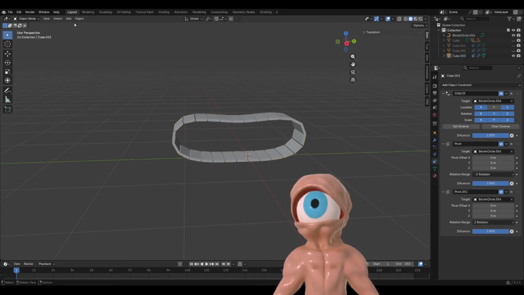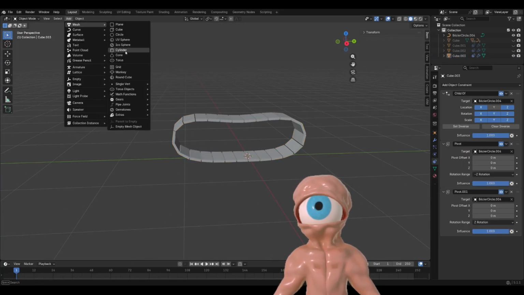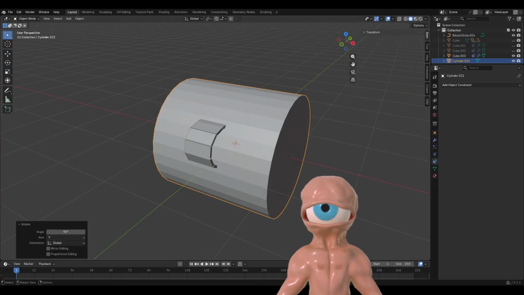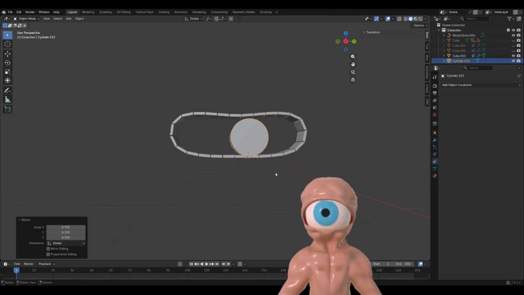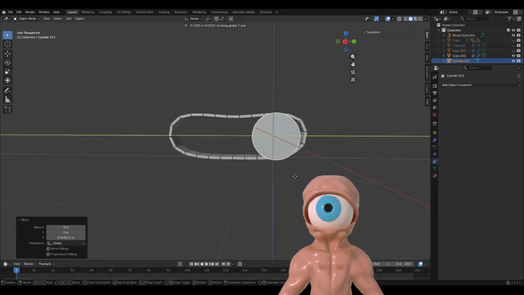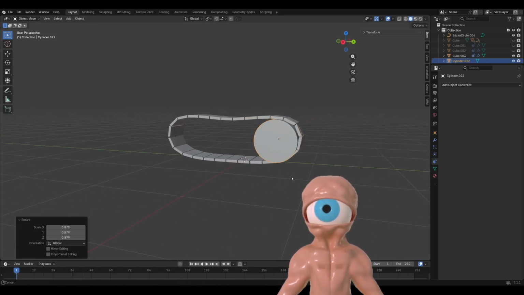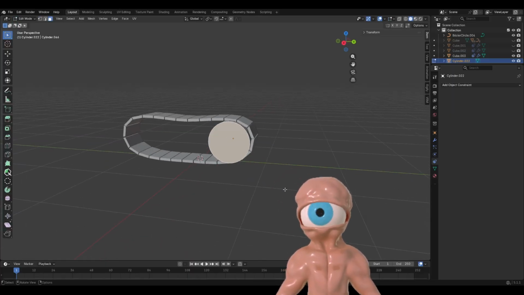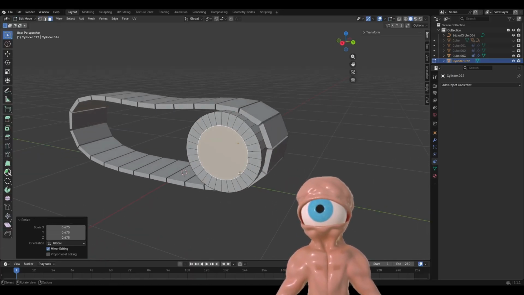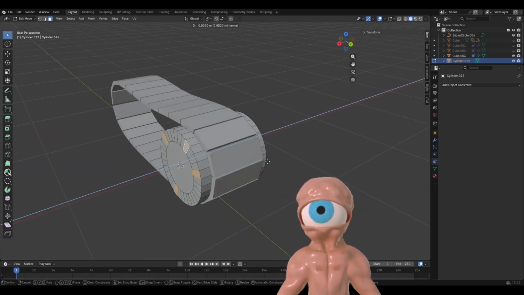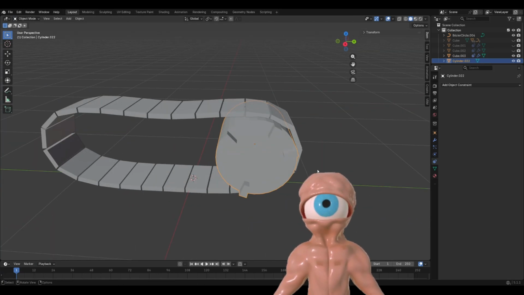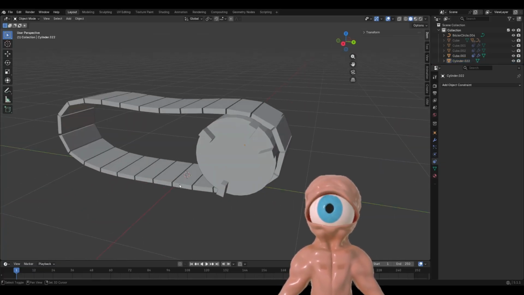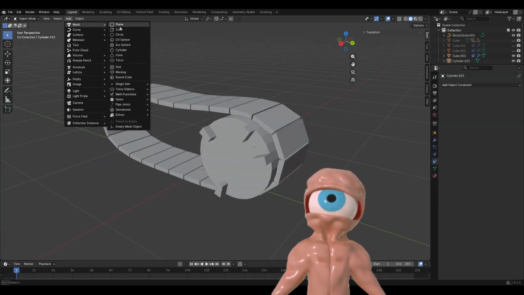Now, to have a wheel object that moves with it, we'll just take a simple cylinder, RY90, scale it down, put it up here, scale it up, about like so, and so we can tell when it's actually moving. E, inset, then we'll select some random faces, just so we know that it's rotating. Now we will give this a rotation scale, so it's facing the correct thing, and we will add a temporary